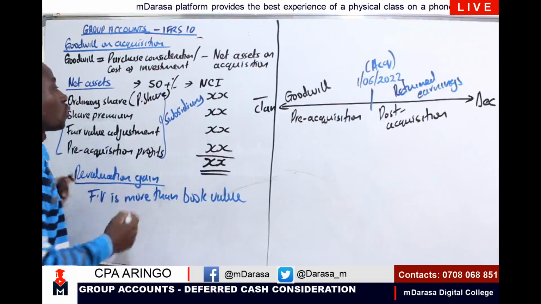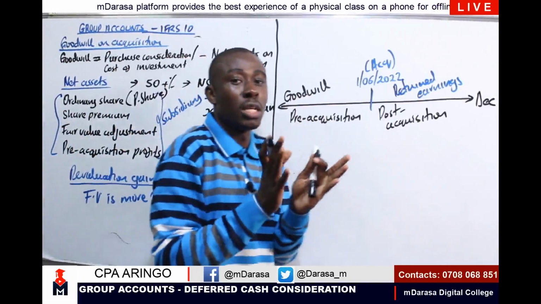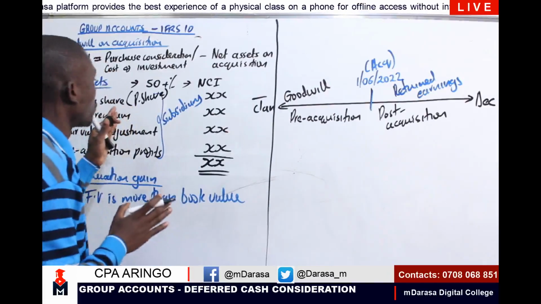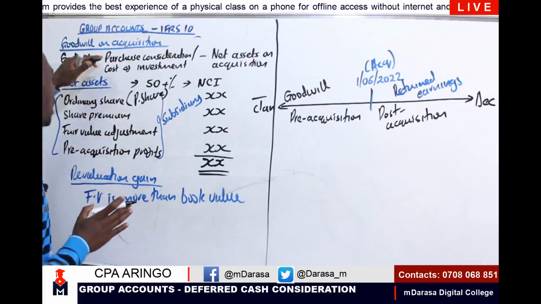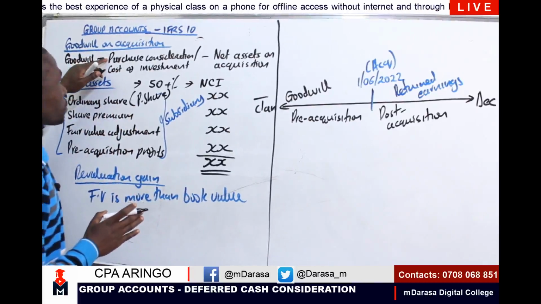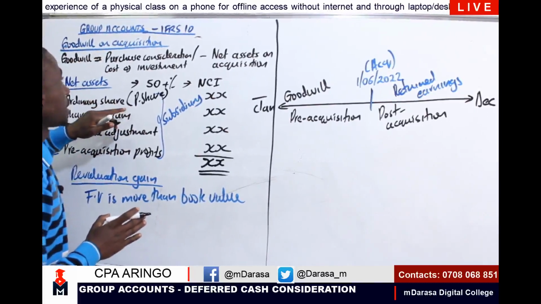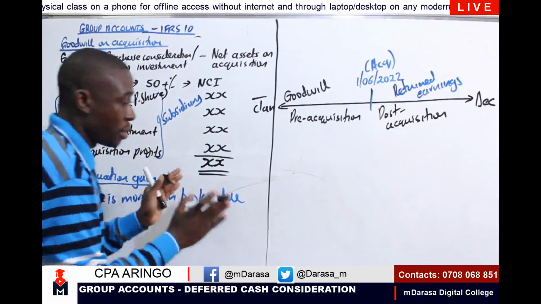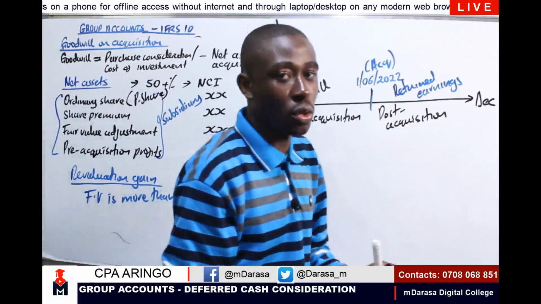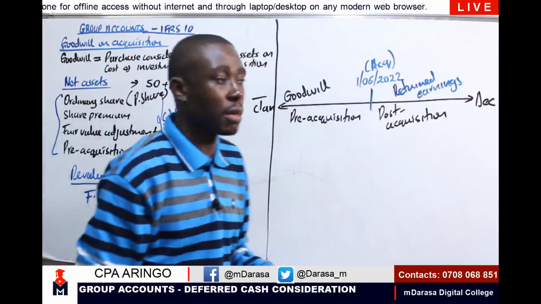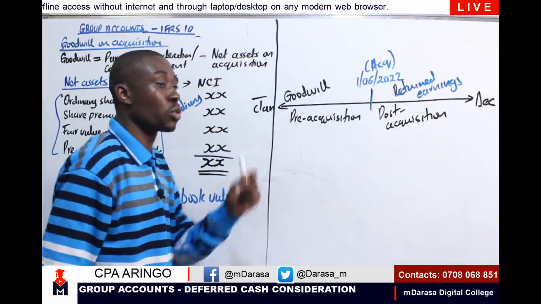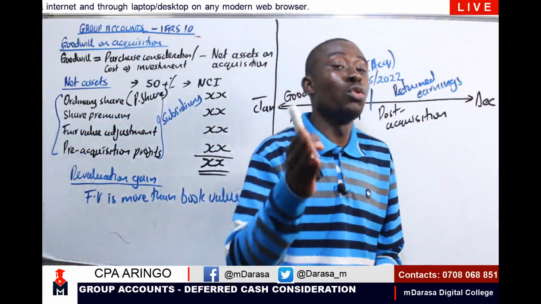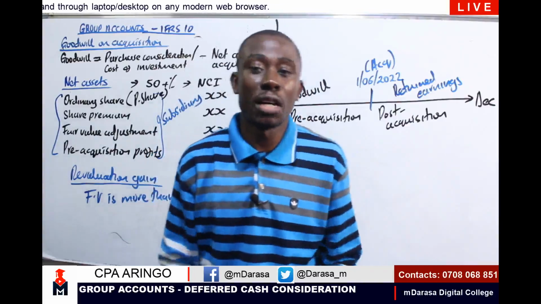If you are talking of the partial method, where I want to determine my goodwill, I take my purchase consideration and deduct the net assets of the subsidiary, but parent share only. Parent share, very key. For the full method, where I'm required to determine goodwill using the full method, which, by the way, in most cases, if the examiner hasn't specified, is always advisable that we use,